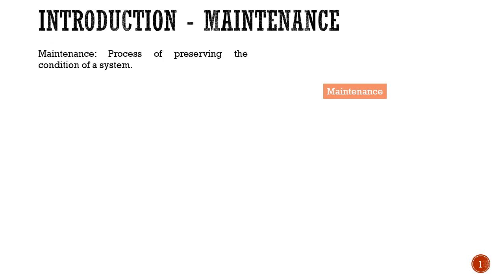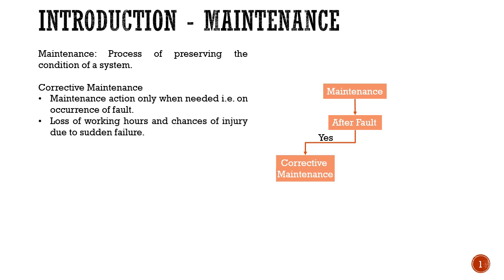Let us start with the basis of maintenance, which is the process of preserving the condition of a system. The most primitive strategy for maintenance is maintenance after fault, called corrective maintenance. In this strategy, as the maintenance is performed after the occurrence of a fault, it leads to loss in working hours. Therefore, another strategy is